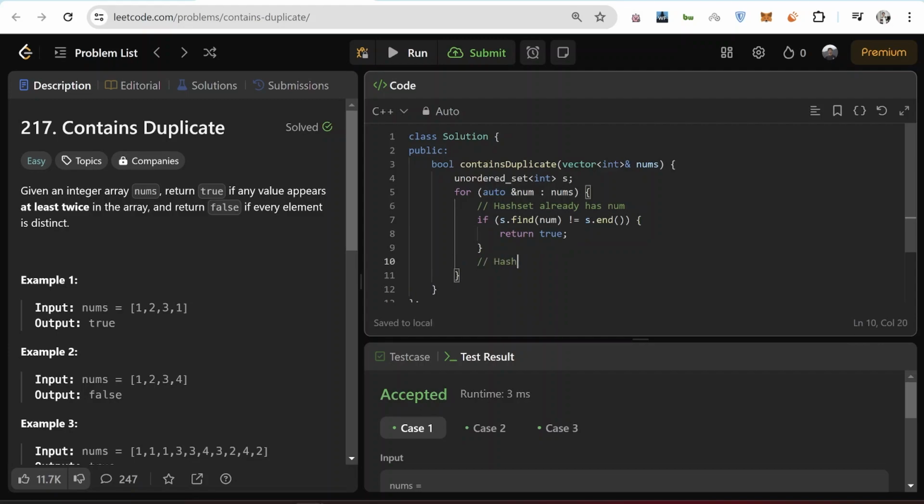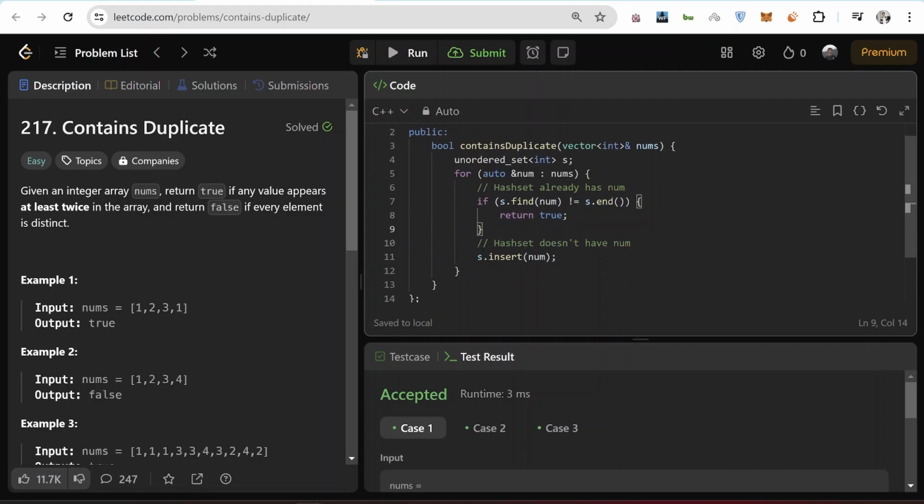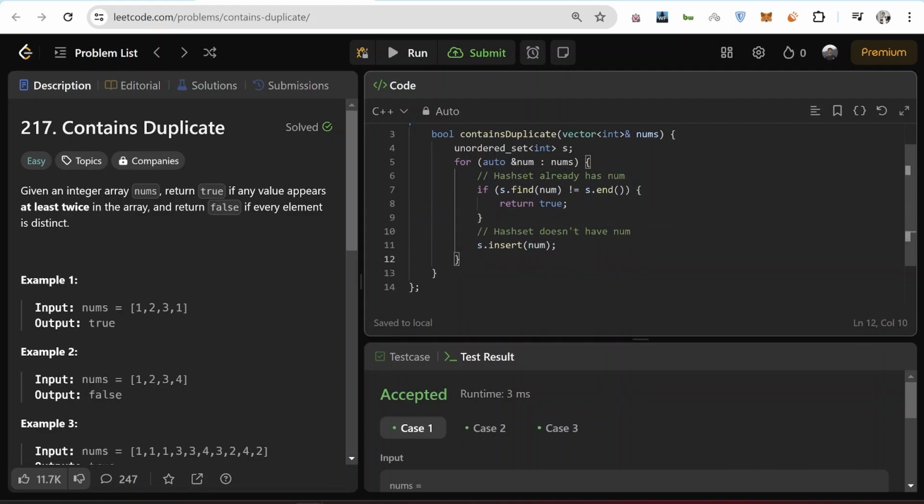Otherwise, the hash set doesn't have num, so we just insert it into the hash set. And we keep doing this until we find a number that is already there in the hash set. And if we reach the end of this loop, that means this condition never became true. That means there is no duplicate in the array, and we simply return false in that case.